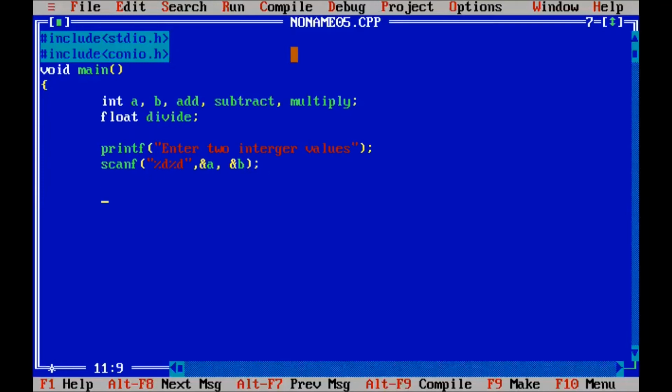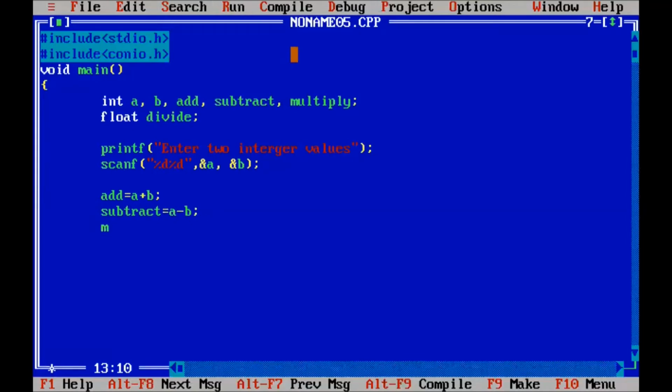Now we write the logic: add equal to a plus b. So we write the logic for addition of two values and store it in the add variable. Similarly we write for subtraction: subtract equal to a minus b.